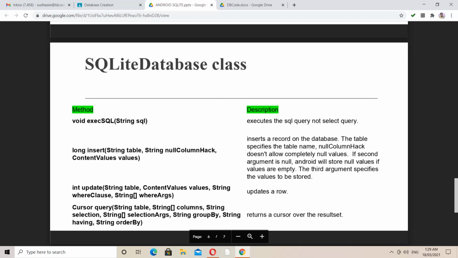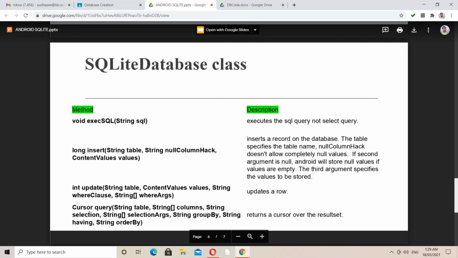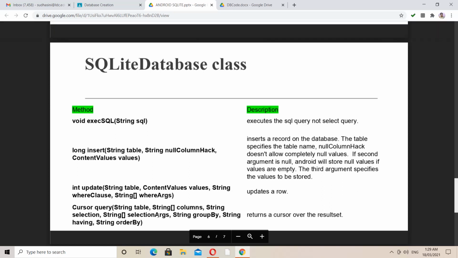And then the third one: whether we have to select a particular row based on the column, and what kind of selection arguments we have to give. Then group by is used when we have to group based on some attributes; we just cluster the information.